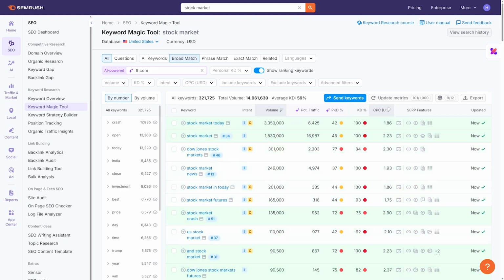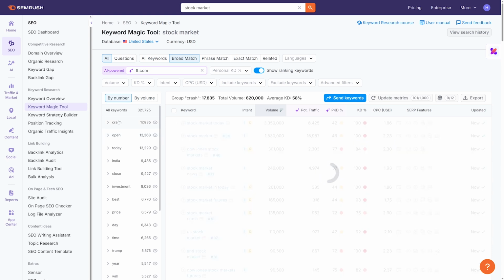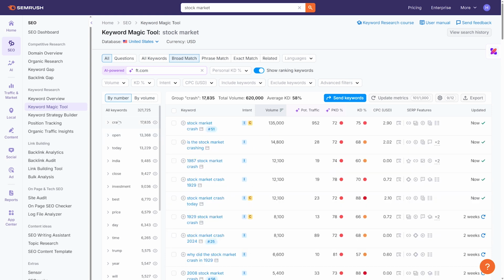Now let's leave the main table for a moment and look to the left. The Keyword Magic tool automatically groups keywords by broad subtopics. This is incredibly useful to find niche topics. Click a group, e.g. crash, to filter the list to keywords containing that word. Alright, now that you know your way around the table and the groups feature, let's see how to refine our